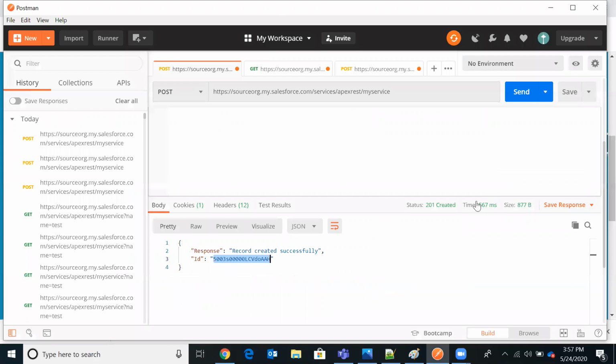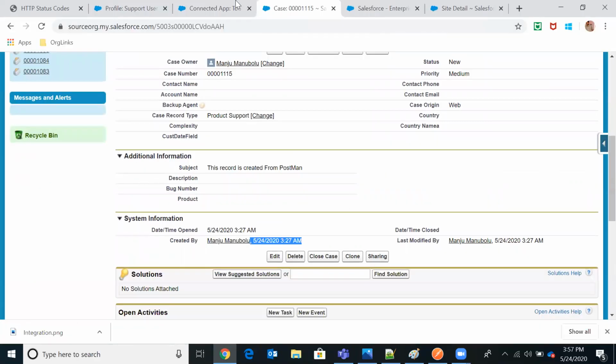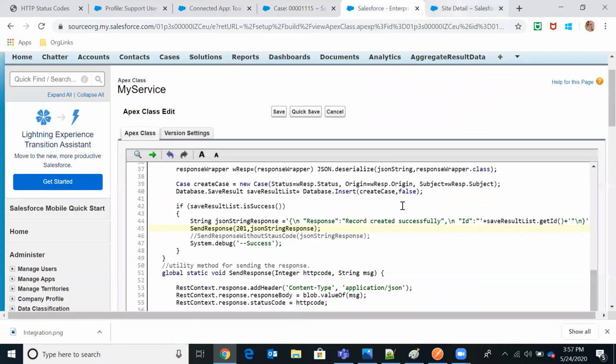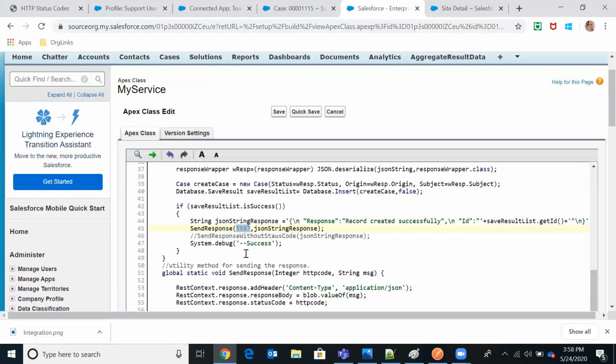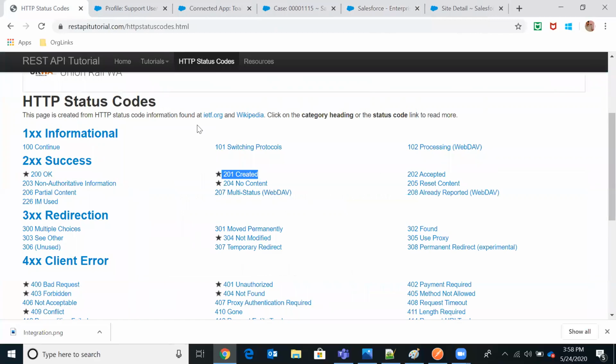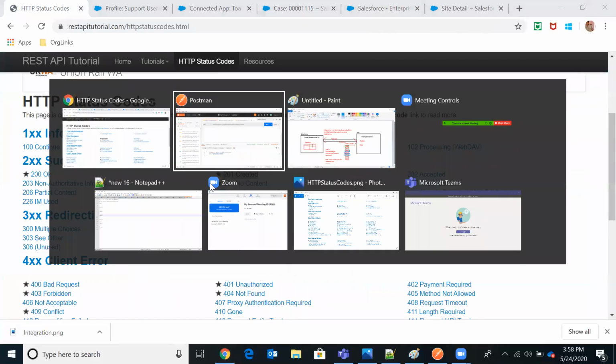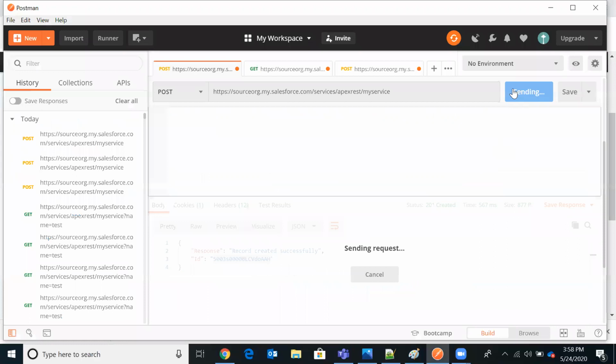Now you might be thinking, let's say I pass some random status code, like 5987. This 5987 is not part of these status codes. So when I'm preparing a custom response, if I pass some invalid status code, meaning a status code that is not part of this sheet, let's see what will happen.